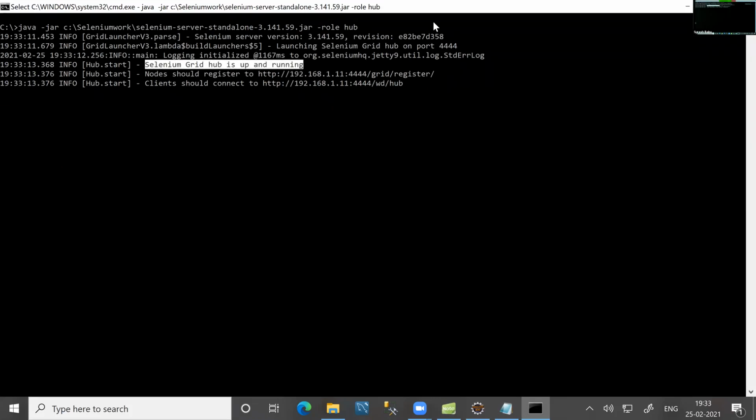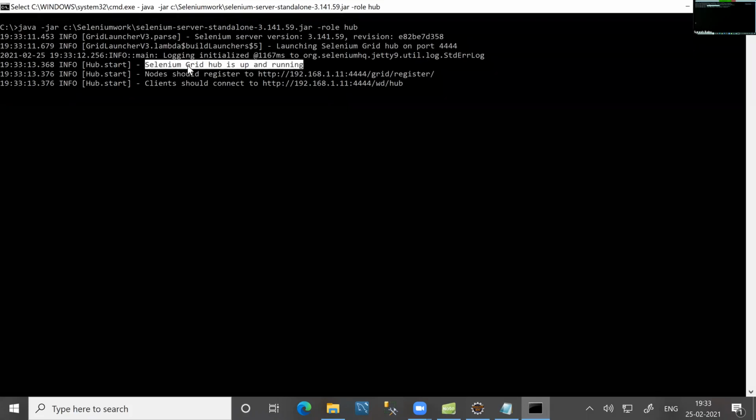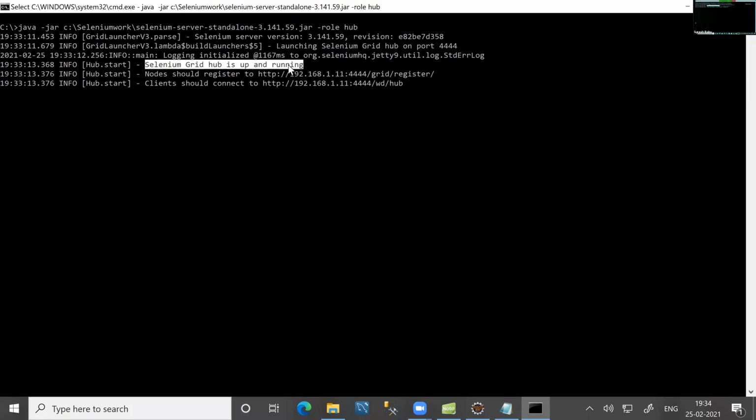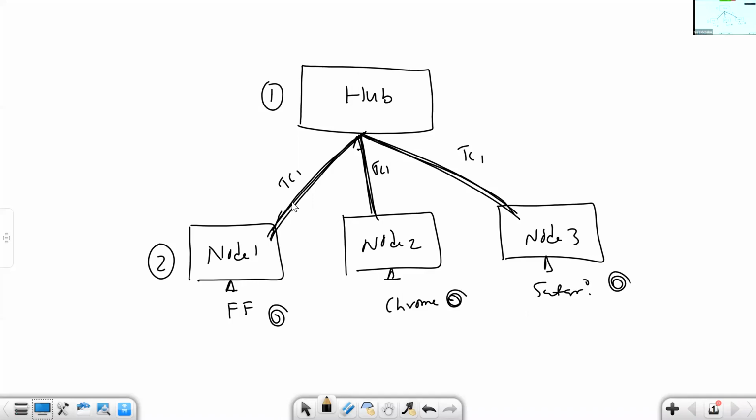You have to go to the command prompt on your machine, java -jar, give the Selenium jar file location, wherever the Selenium jar file is available in your machine, then -role hub. You receive the message, Selenium Grid Hub is up and running. The nodes can register to this hub